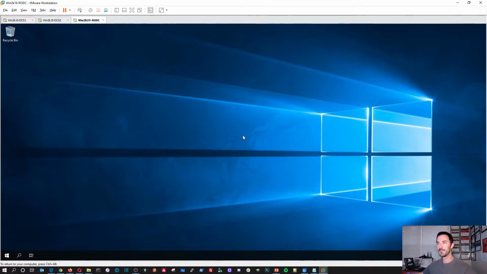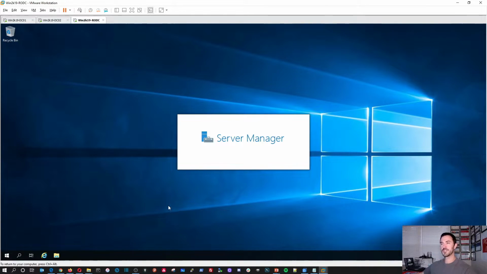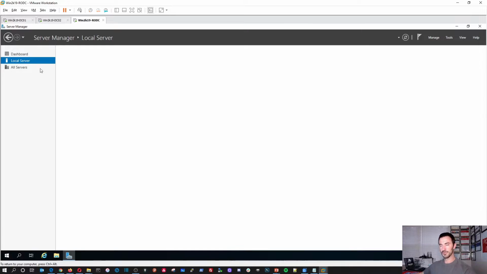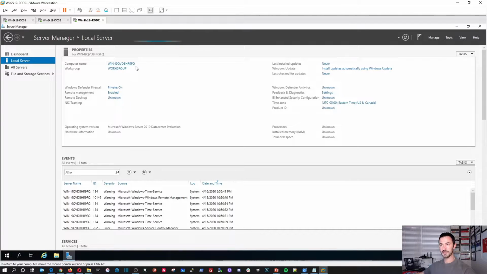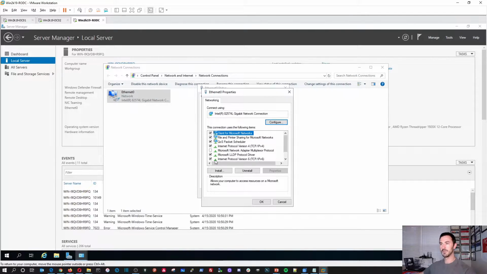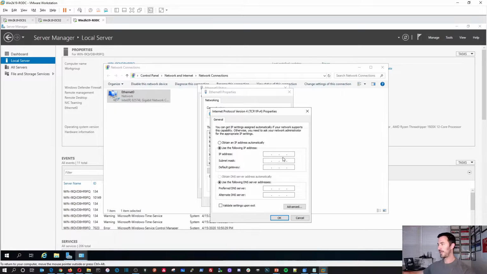All right, so here what we're going to do is change some settings. We're going to do some basic configuration before we install the roles. So we give this a second to boot, and if we go to Local Server, you see here we have a generated computer name from Windows. We have DHCP set up for the IP settings, which we want to change. I'm going to disable IPv6, click on IPv4, and I have it as 192.16, whoops, numlock is off, my bad,